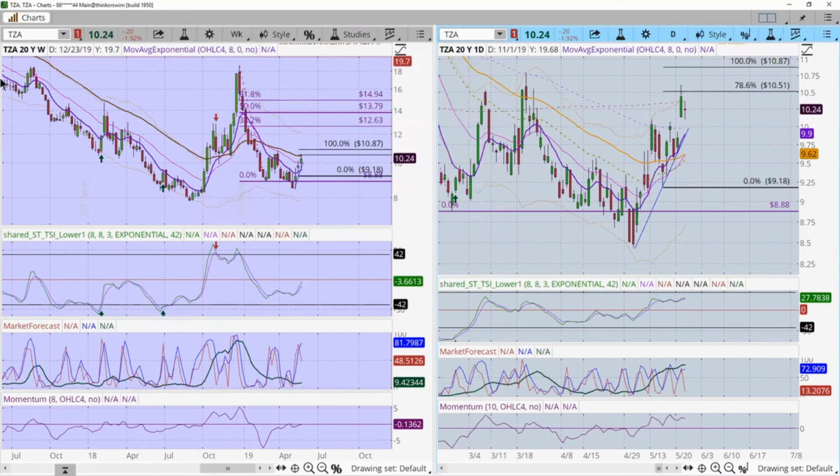Let's take a real quick look at some of the other things. I want to look at 2 other stocks. How are we doing time-wise? I've got a minute to cover 2 stocks, and then we'll get out of here. One stock to cover, Tesla.